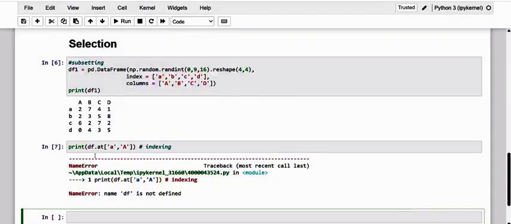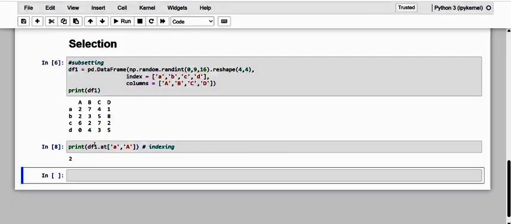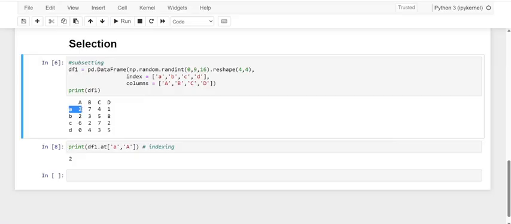See here, oh sorry, it's df1. So see here, 2. From here we are able to identify this exact element.